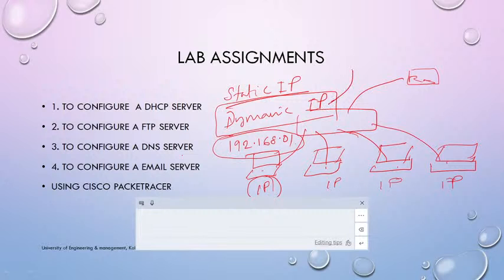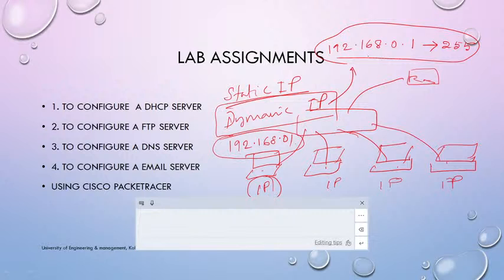But whereas a dynamic IP is allocated automatically by the server itself, checking the class ID and the type ID. So that means it may allocate an IP starting from 192.162.1 up to, let's say, 255. That means any time when you switch on the computer, if it is allocated with a dynamic IP,